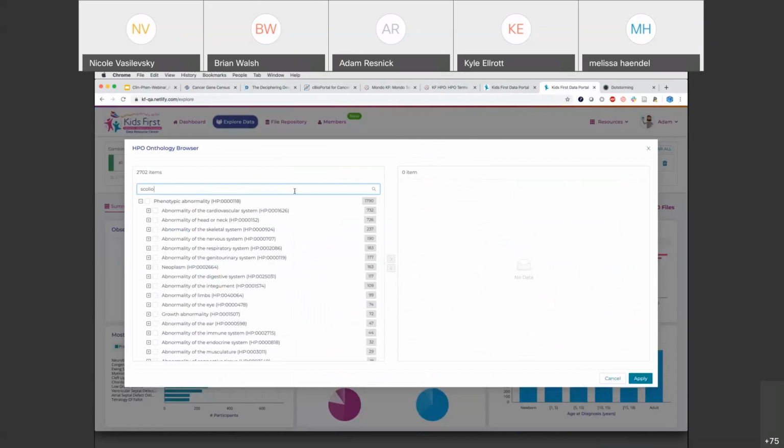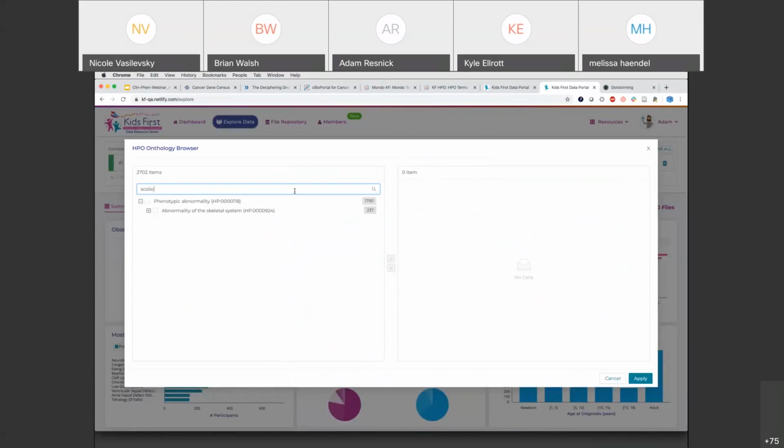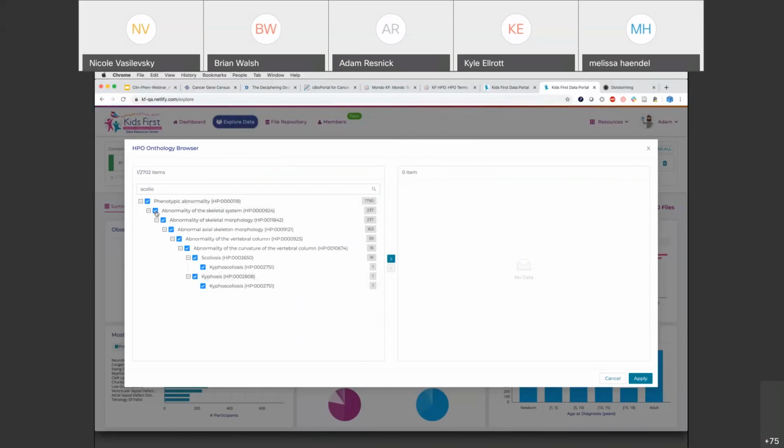And if we start putting in scoliosis, oops, it immediately recognizes that scoliosis is part of this very long branch of HPO terminologies. And as I click on these buttons, what you can see is the relevant number of patients that fit into that. And again, from a biological context, as an investigator, I would want to start at the higher level, as high as I can, actually, to see if maybe there are some things that I should bring into view